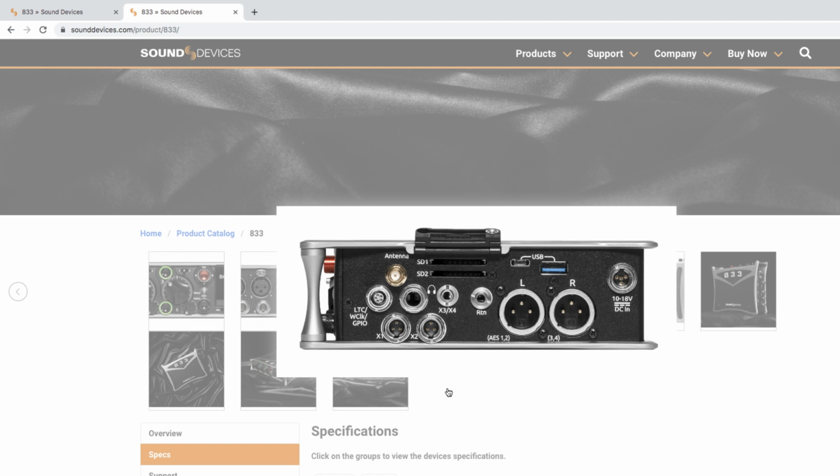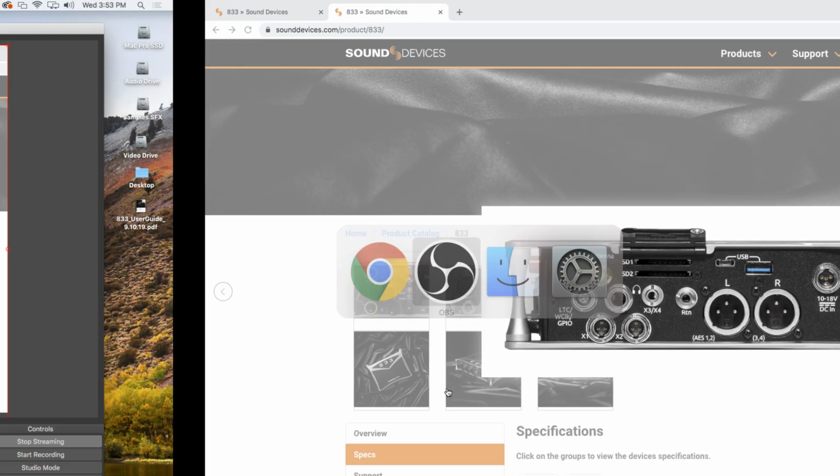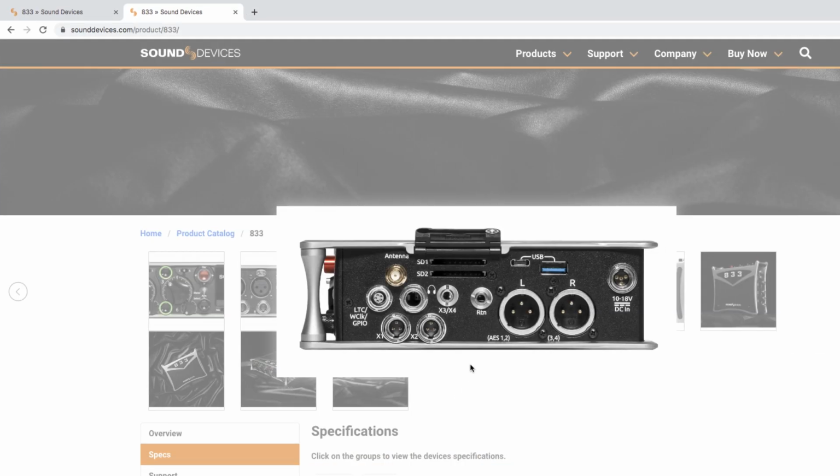Okay, on the other side of the recorder, as you can see here, and I'm going to make sure you guys are seeing it. Yes, you are. You have this antenna, which is really nice. I think this is for future use, probably with their remote app for remote rolling at greater distances. I'm speculating here. You have your time code and also longitudinal time code,